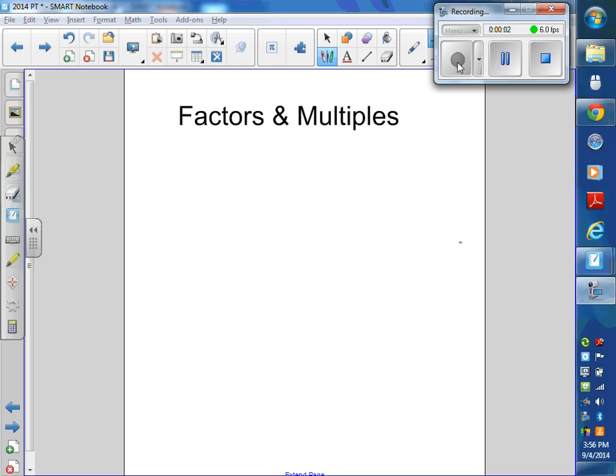We're going to do a quick review of factors and multiples. You learned about these last year, but we haven't talked about both of these terms this year. So, just quick review. A factor is a number that divides evenly into a second whole number. So it's a whole number